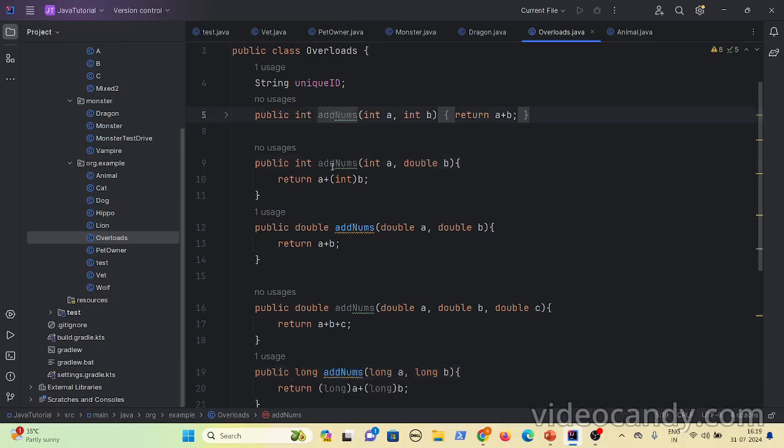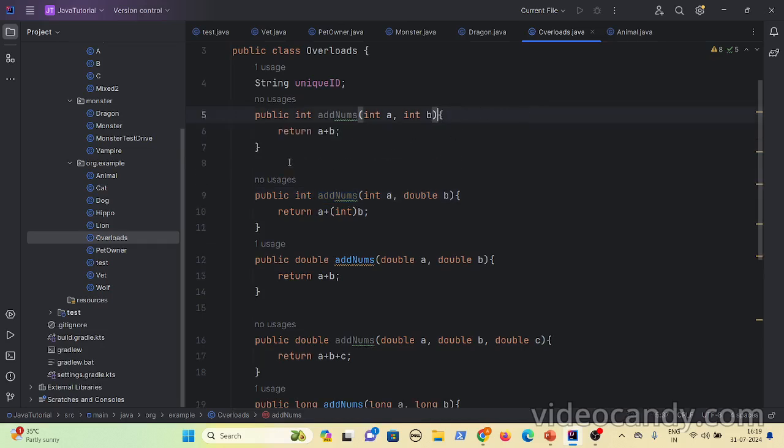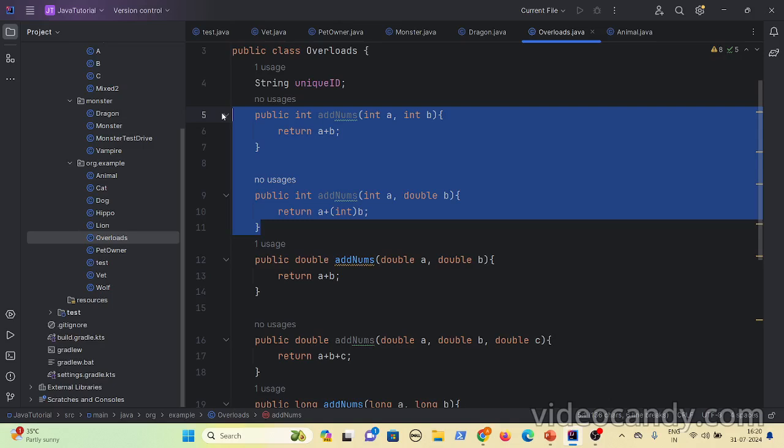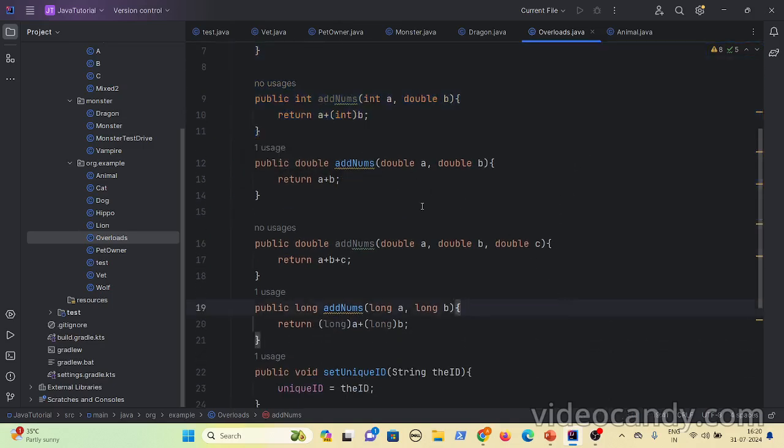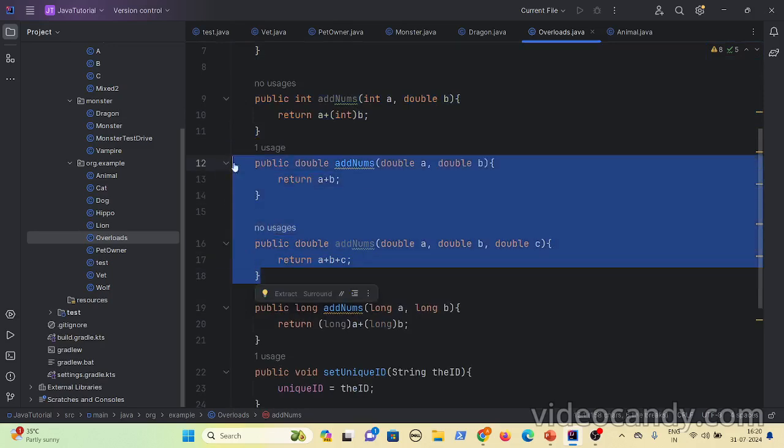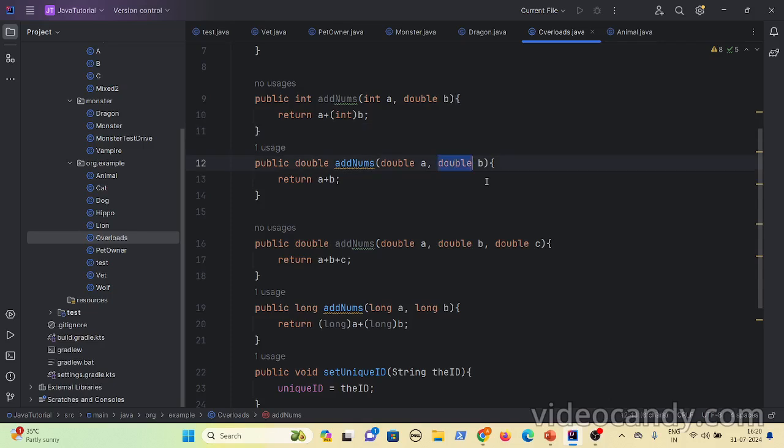You can say two methods are overloaded methods if they have a change in the type of parameters or the number of parameters. Let's say here, if you look at the first method and the second method, it has the same method name. But if you look at the parameters, it has two parameters and it also has two parameters. But if you look at the type, the second type is integer and here the second type is double. So you can say these two methods are overloaded methods. Let's say here these two methods are also overloaded methods because it is accepting two parameters and it is accepting three parameters. This is also an overloaded method.